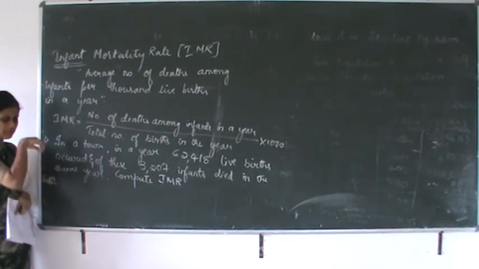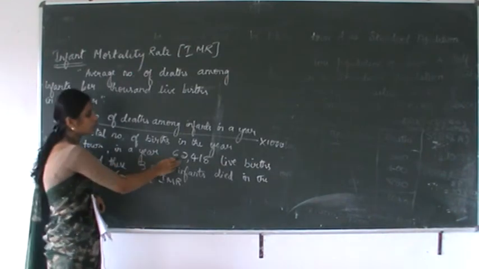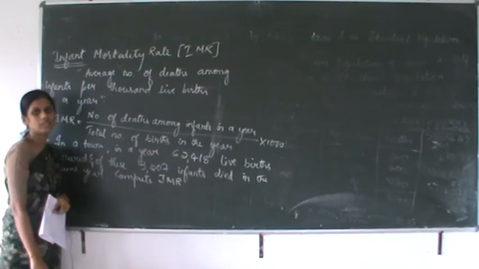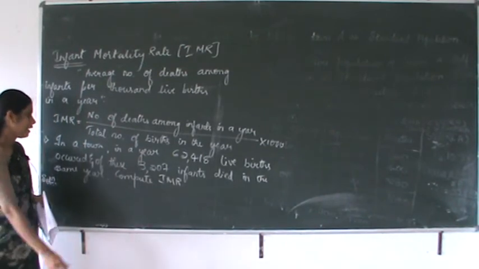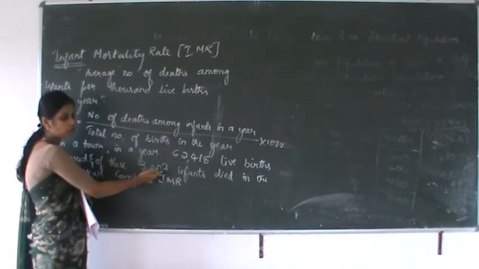In the question the information given are, in a town in a year 62,418 live births occurred. So live births in a town was 62,418 and of these live births 3,207 infants